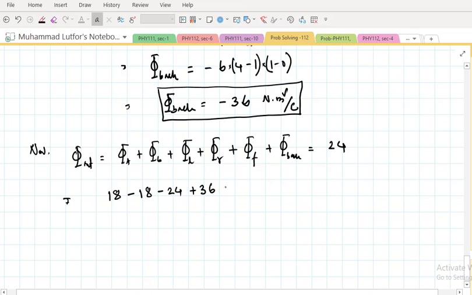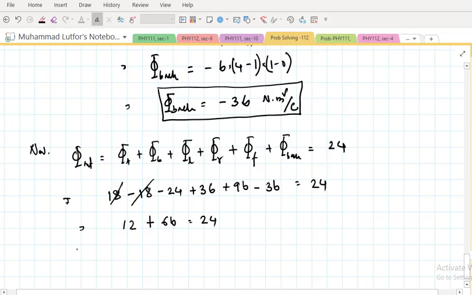Front surface is plus 9b and back surface is minus 3b, and the total must be equal to 24. Now you can solve that, right? You can see that the 18 will be cancelled out. This is going to be 12 plus 6b